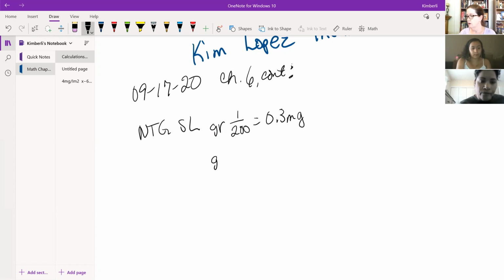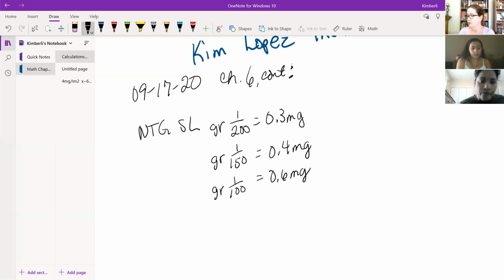And the grain 1/150, or 1/150th of a grain, that one is 0.4 milligrams. And then the grain 1/100 is equal to 0.6 milligrams. Okay, and the way that you convert this is